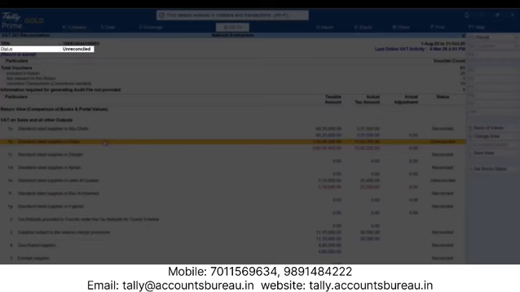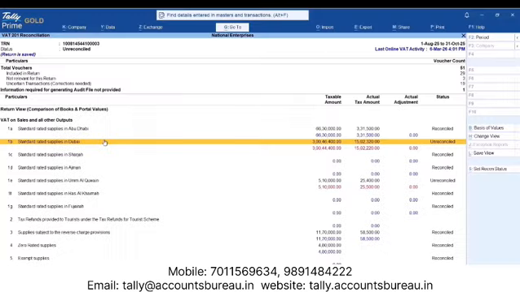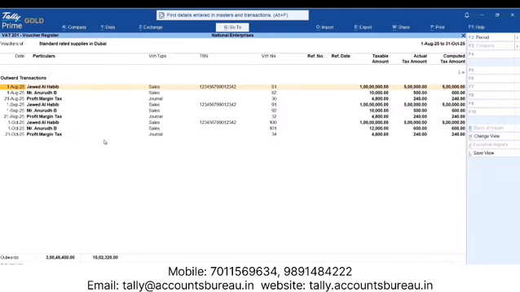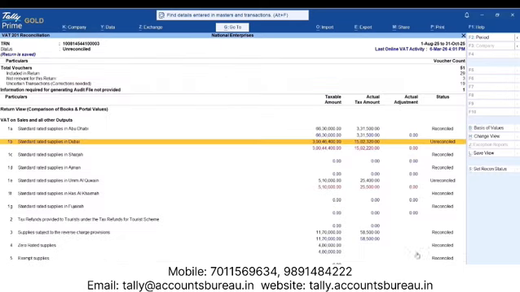If the status is unreconciled, you can reconcile the transactions. Drill down on a section to see vouchers contributing to books values. Press Ctrl-Enter to open the voucher alteration screen and make corrections, if required. Press F12, Configure